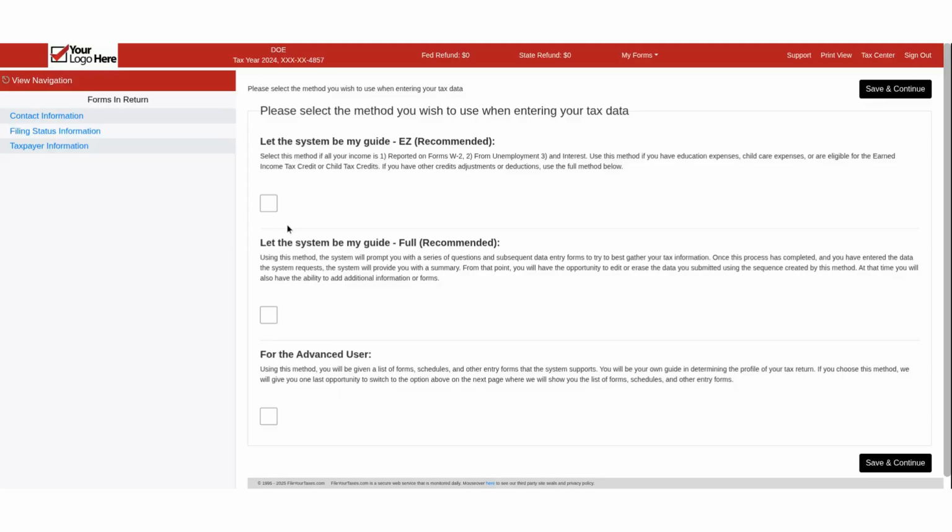And then this is the interview process that I was talking about earlier. So there we have three different options. We have our easy option. This is going to generate the most commonly used forms on our website. So what that means is as soon as I hit save and continue, we're going to get the W-2. Do you have W-2 income? Do you have 1099-R income? Just those very common forms are going to be brought up, and you're going to be asked, do you have